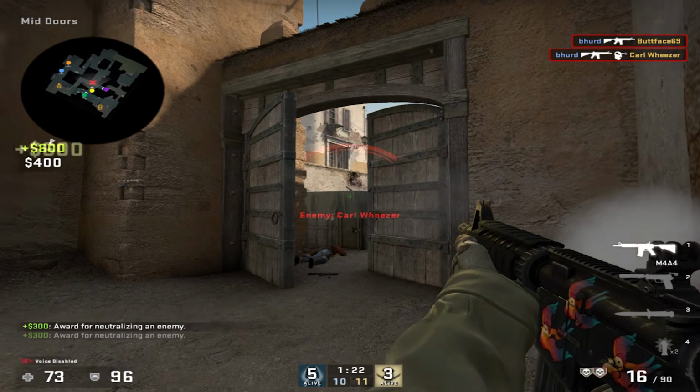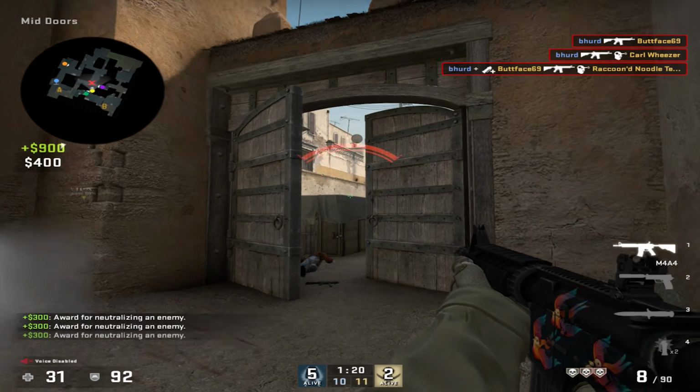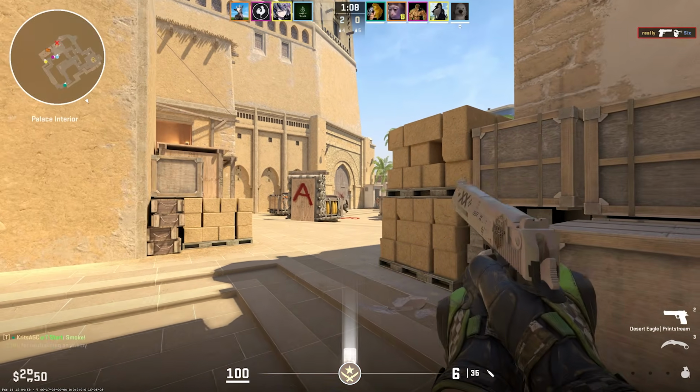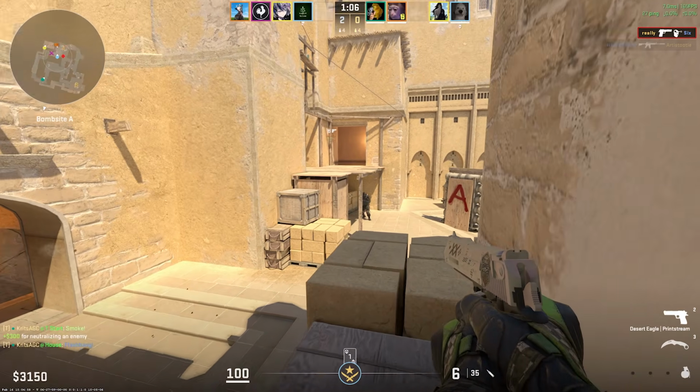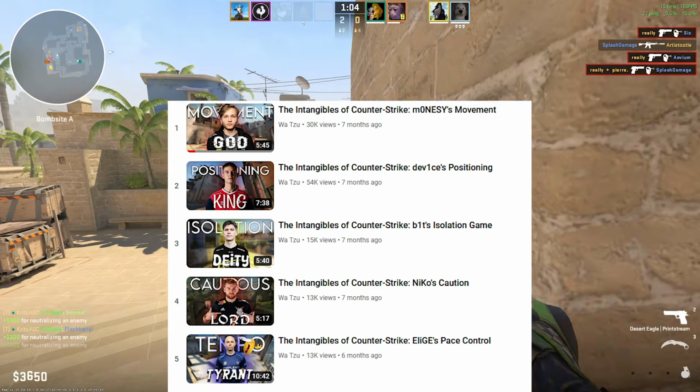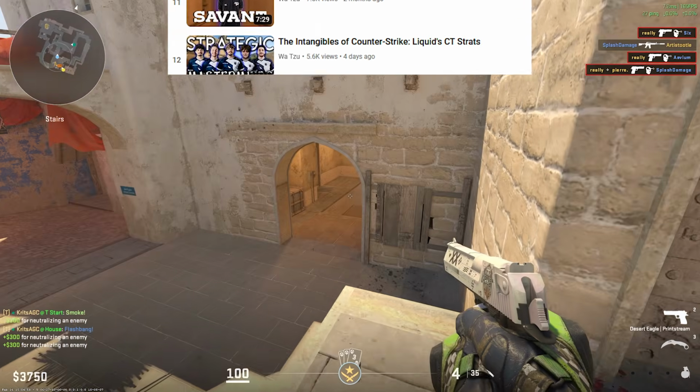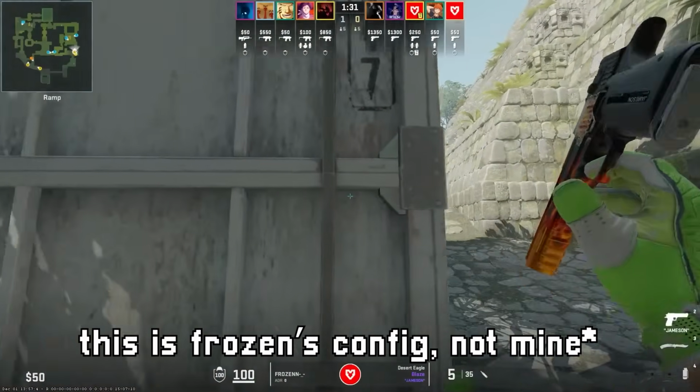I personally use stretched res for a majority of my time playing this game, but recently switched back to native to make my video quality better. But while I was making my Intangibles of Counter-Strike series, where I switched my video settings to the Subject Pro settings,